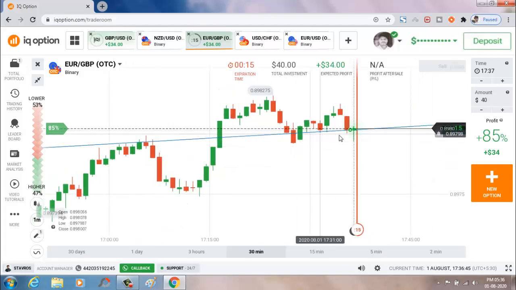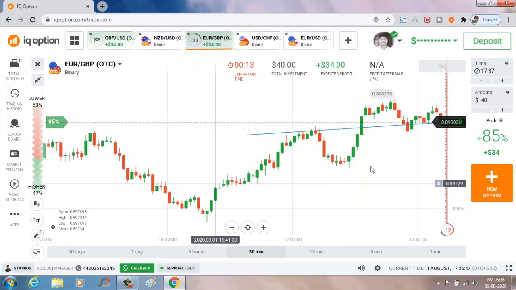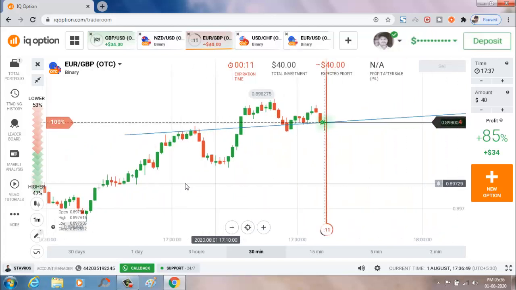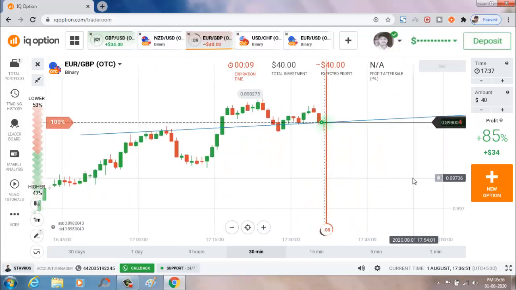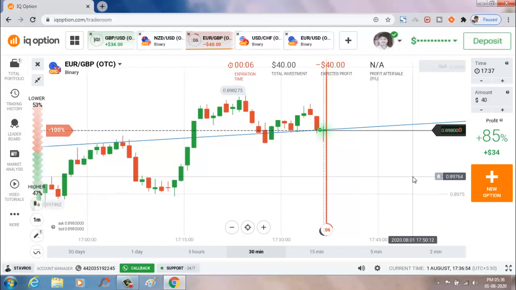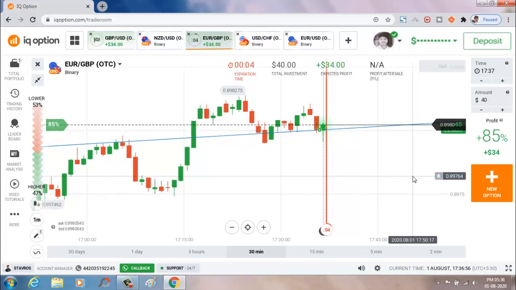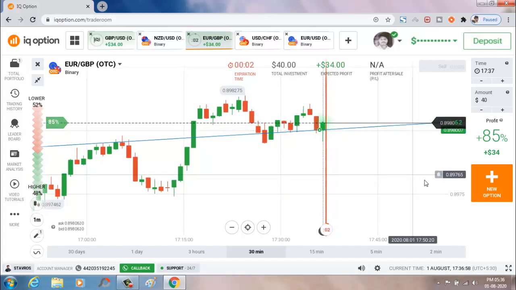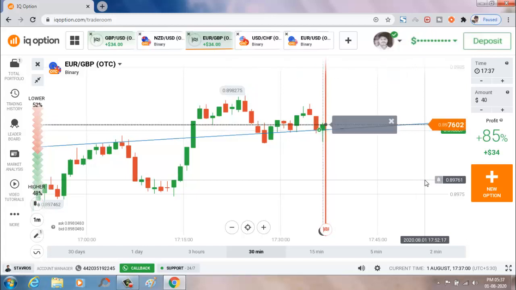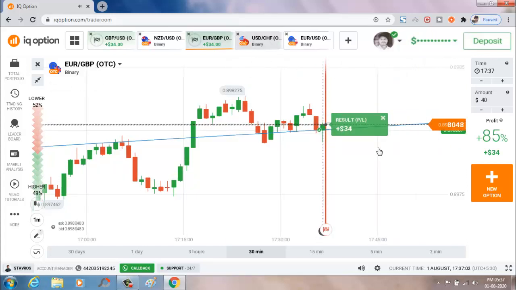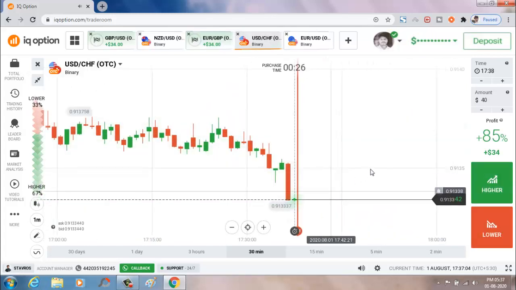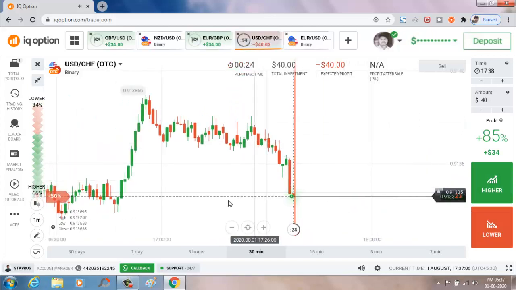Okay, this is a strong level also. And 10 seconds more. Okay, this is also a winning trade. Okay, we'll place a higher option. This strong candle